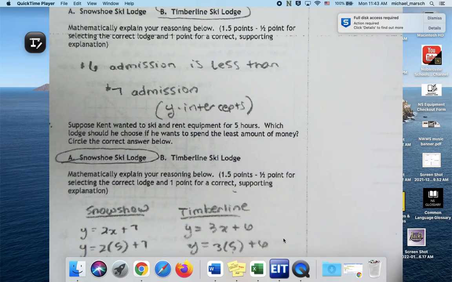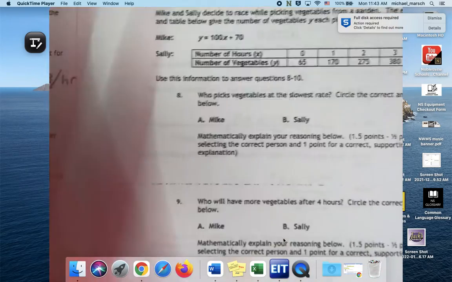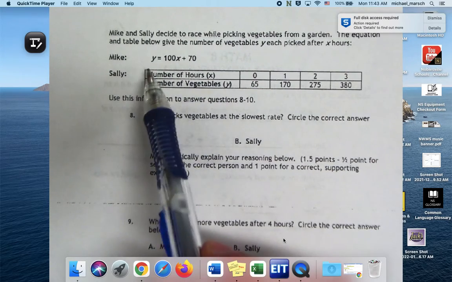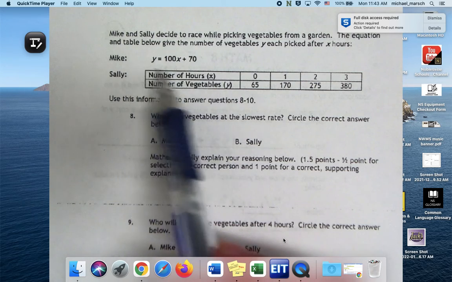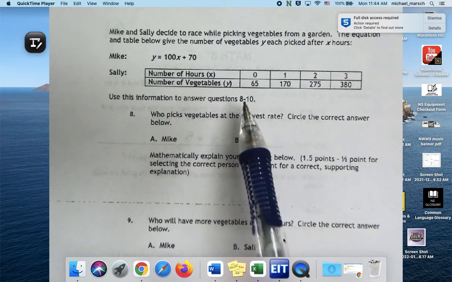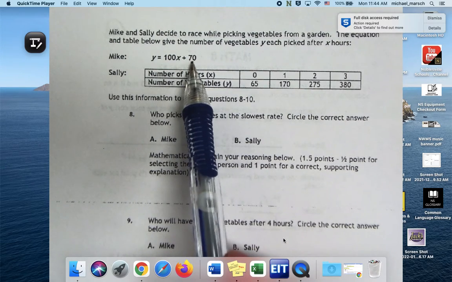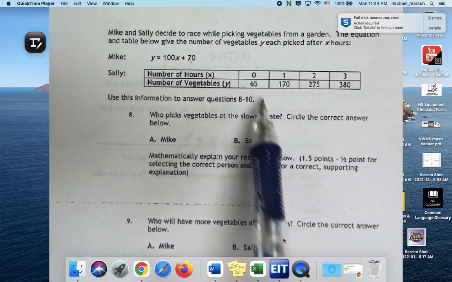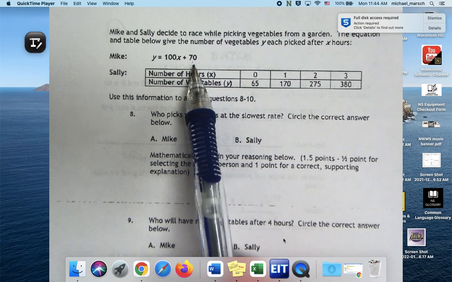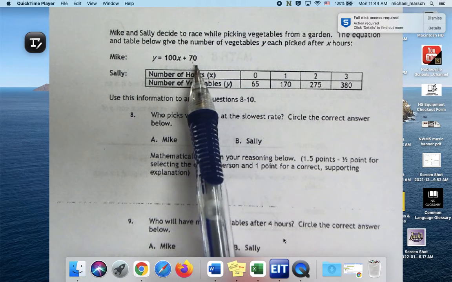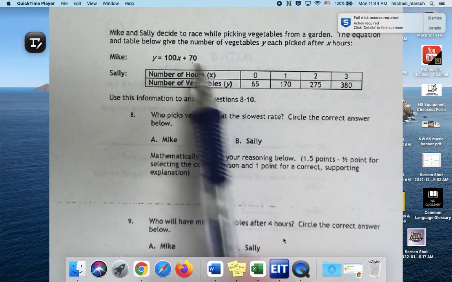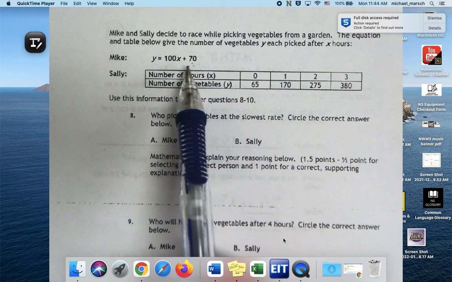Okay, let's talk about Mike and Sally picking vegetables from a garden. They decide to race. We know the equation that represents Mike's vegetable picking pace, and this table tells us Sally's vegetable picking pace. What does the 70 represent? Is it the number of vegetables picked per hour? No, this is the one time. So it doesn't exactly tell us, but what does it mean? Yeah, how many they both started with when they decided to race. Okay, so then this 100,